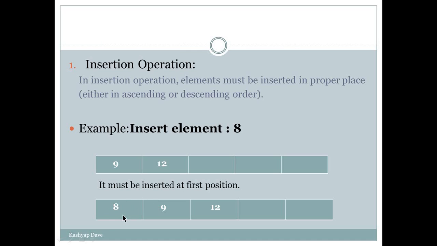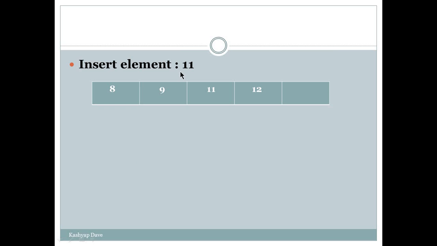So 8 will be inserted here only. Next, if we want to add 11, then 11 is larger than 9 but smaller than 12, so its position will be here. So this is the insertion of an ascending order priority queue.